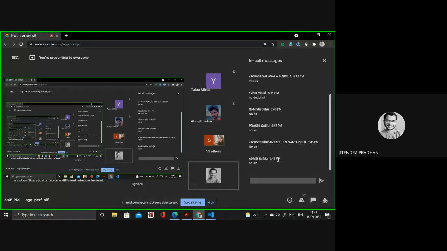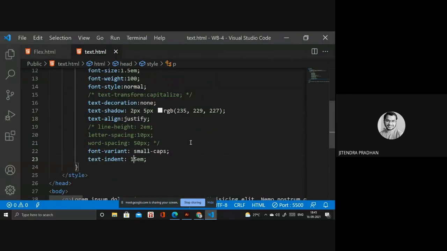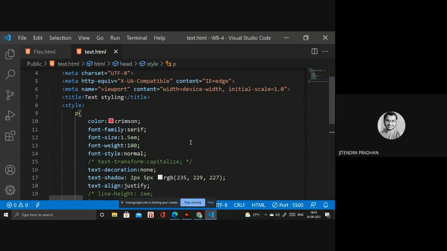Okay, so we'll move forward to how we can set text overflow. We have text orientation, we have writing mode, we have word break, all these things are there. But basically we are not using white space or writing mode, all these things. Let's see. So we need to design something with a border as well.